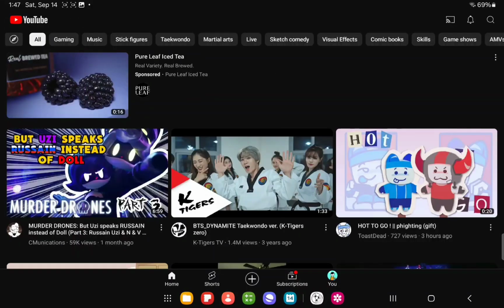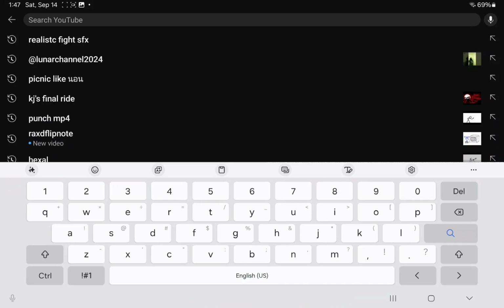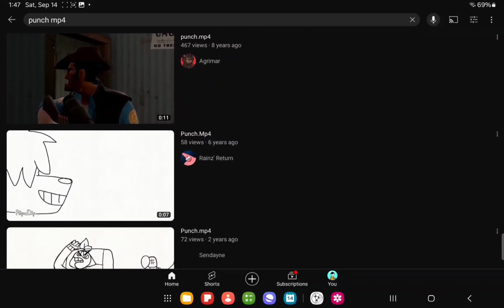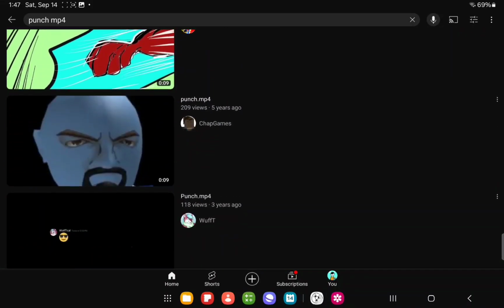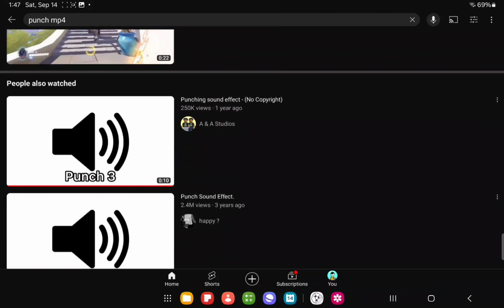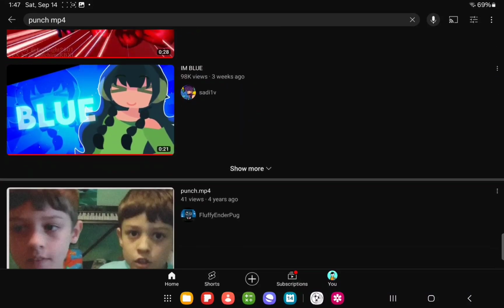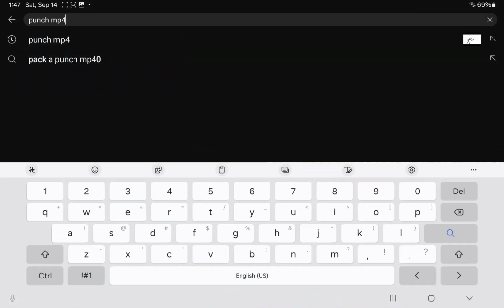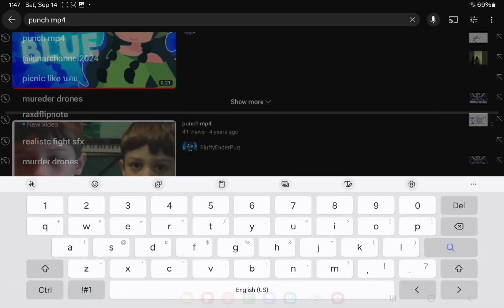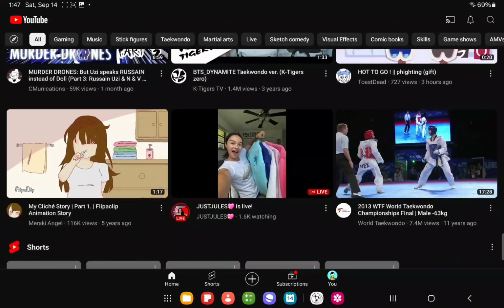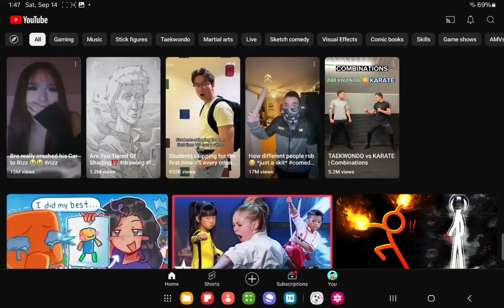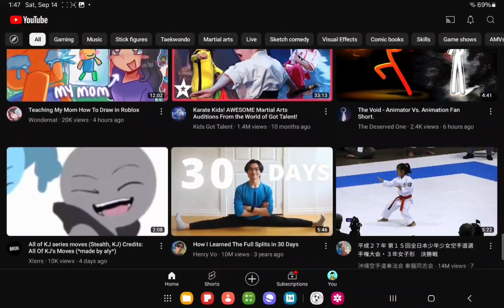And then I can literally just get a video, punch MP4. I'm pretty sure that's what I put or something like that. I literally don't know where it is. It's something like that. But basically, I just screen record it and then I cut off the part that I want,